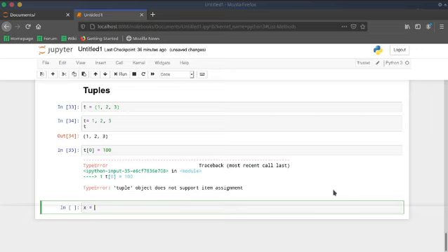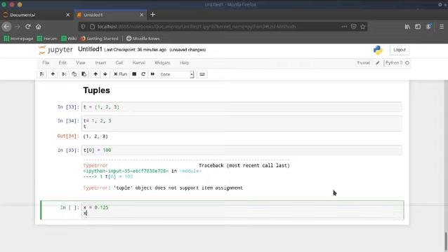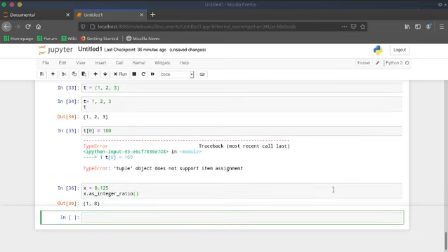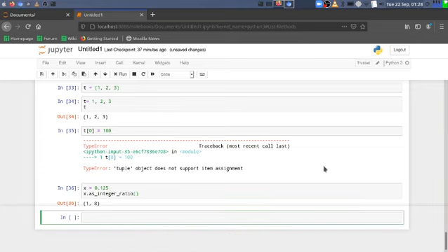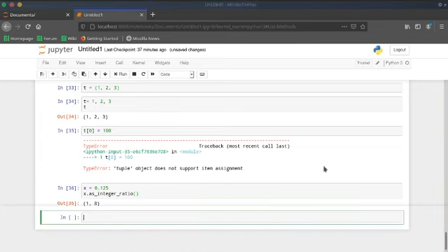x is equal to 0. These multiple return values can be individually assigned as follows. So we're going to do numerator